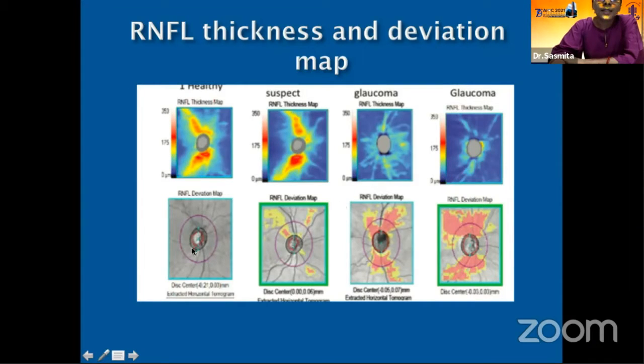The lower boxes are the RNFL deviation map, where the measurement circle is around the ONH, and you have to see whether the circle is properly placed and centered. If it is shifted towards the right or left, it will show some temporal thinning or temporal thickening in the RNFL. Also, the circumpapillary color-coded RNFL zones are seen. If you have missed clinically very small focal areas, they can be picked up here.